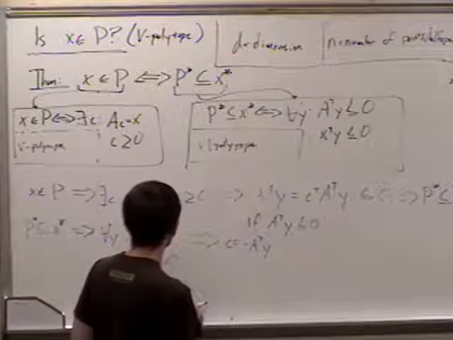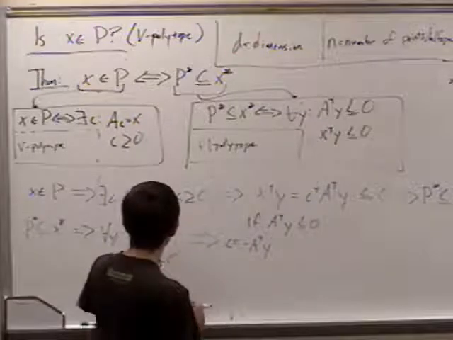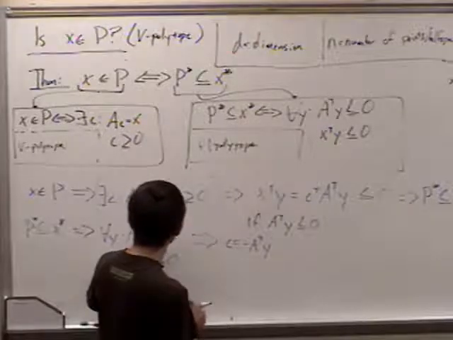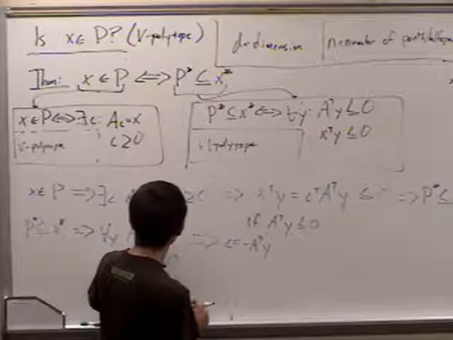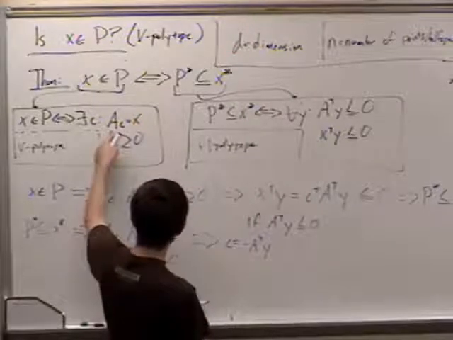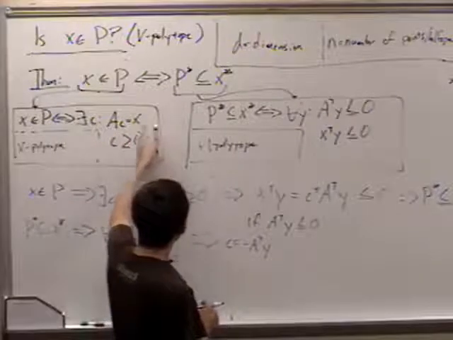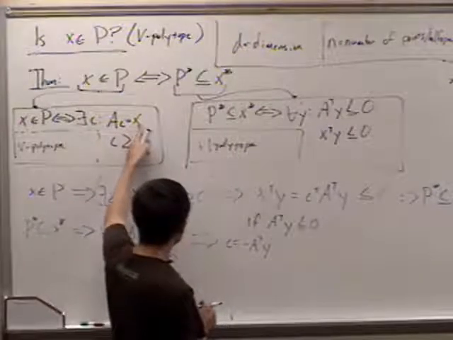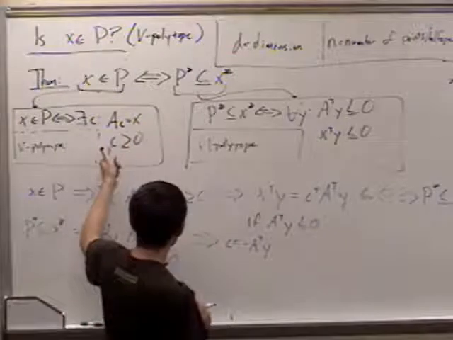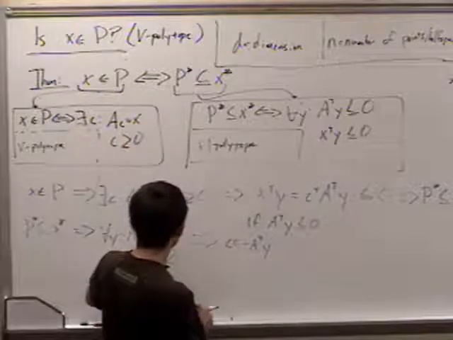Now if I take that and plug it in, C is going to be greater than or equal to 0. And when I multiply this through here, I will get A transpose y equals x. And this will all be less than or equal to 0 because of the,